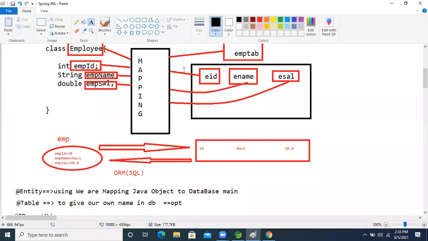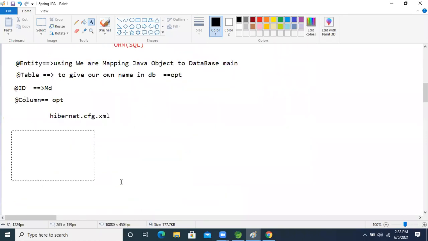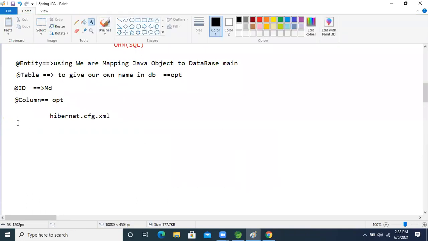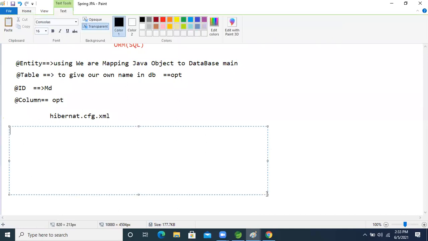Okay, there are some properties. The driver property is to establish the connection between the database and our Hibernate: hibernate.connection.driver_class.